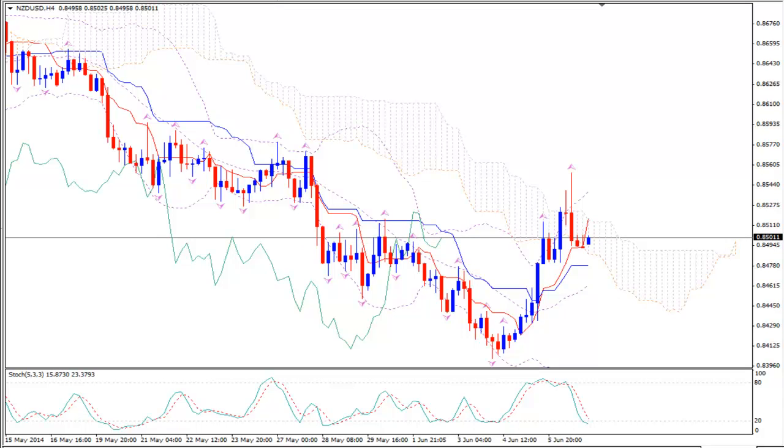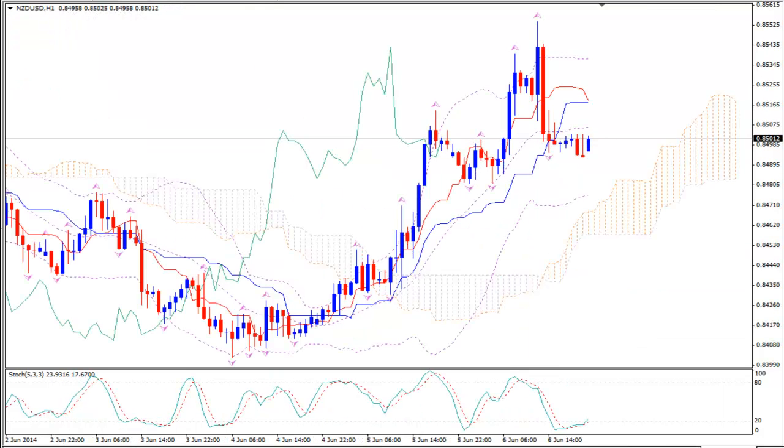We will wait to see the price going above the Kumo and at the same time the Chikou span, the green line of Ichimoku Kinko Hyo, which moves in the past. We want to see that line going not only above the past price action as it is now, but also above the Kumo. So if Chikou span is above the Kumo, somewhere here or here, that means the price level will be at 0.8560 or higher. Okay, at that point the second entry criterion will be met, and then we go to check